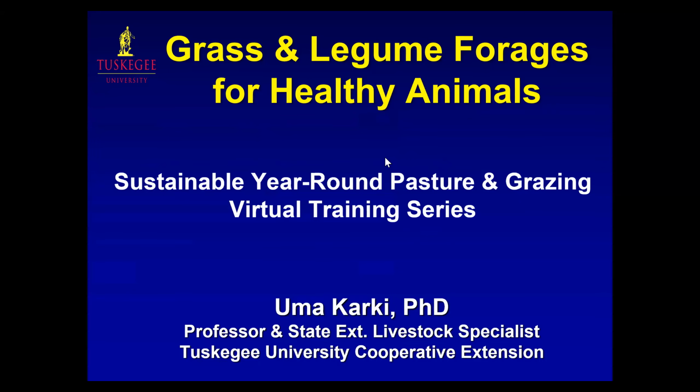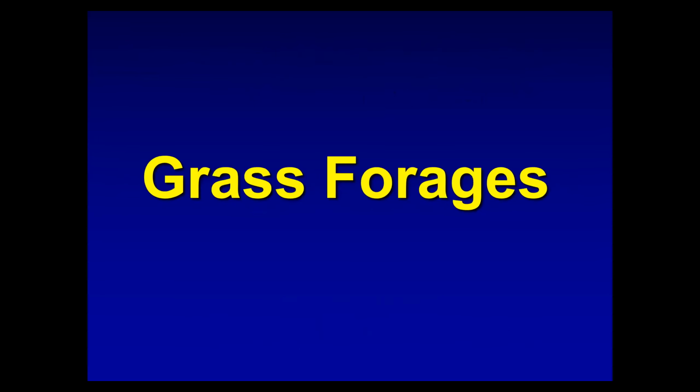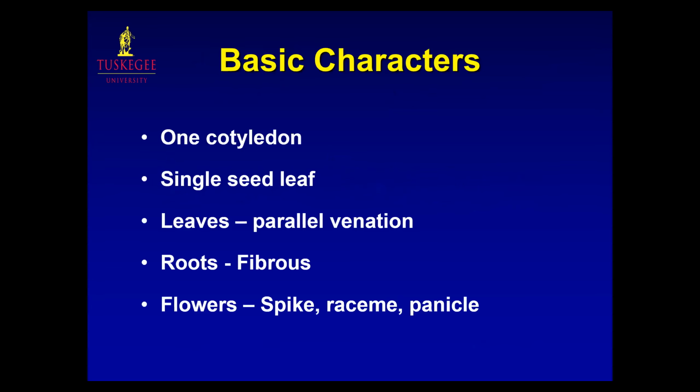Now today's topic is grass and legume forages for healthy animals. So let me talk about grass forages first, and then I'll talk about legume forages. The basic characteristic of grass forages is that they have one cotyledon, which is just the embryonic leaf by definition, and that will